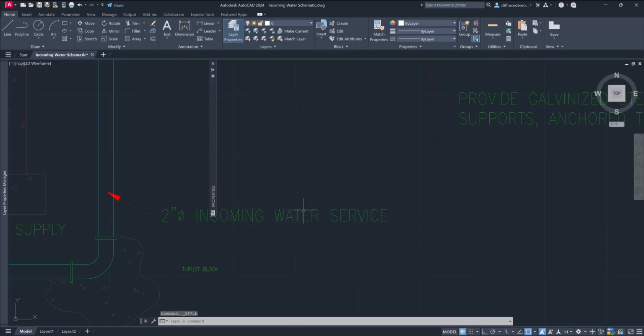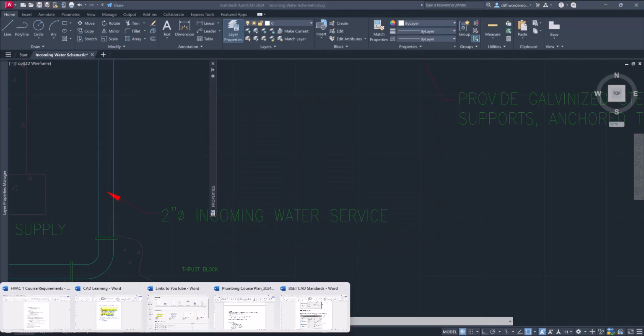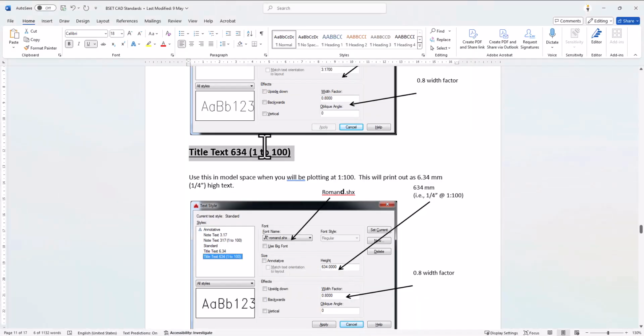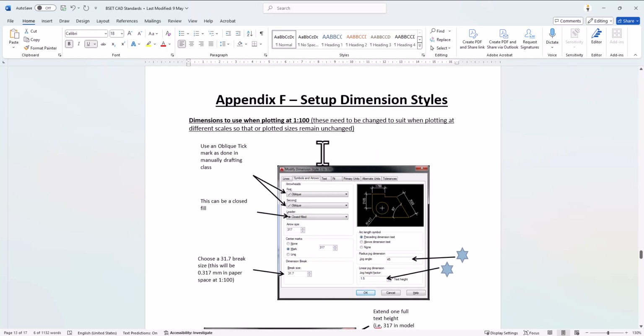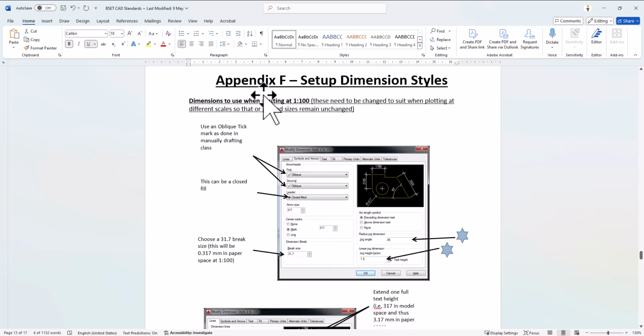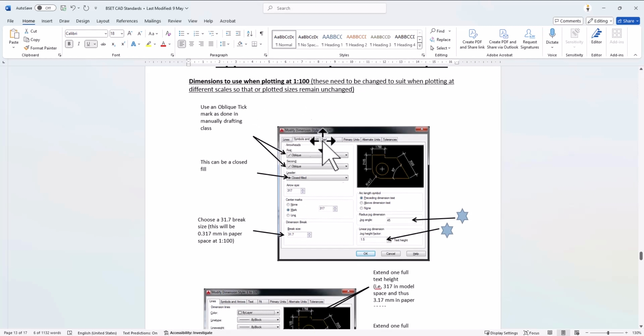The next thing, which is probably going to be helpful for you guys, is we go back to this file here, setting up the dimensions. Setting up the dimensions does take a little bit of time, but it really makes the drawing stand out. So again, you'll get a copy of this. I'll provide this in class. I'll just show you how to get to it, and then if you can, just follow along this PDF